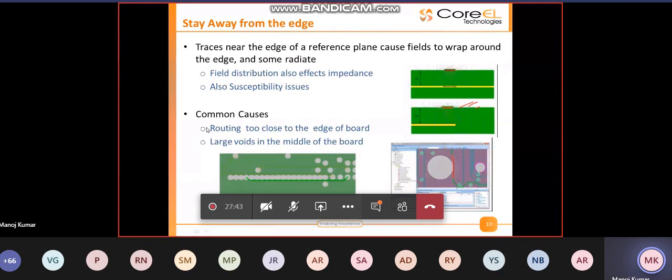Now, a couple of more common causes for routing too close to the edge will be that you might have a larger mechanical hole inside your design, and you will mistakenly route the signal close to mechanical holes, or you would have some situations where you have a larger void taking place due to the placement of a component, which means these are the IC pins, and if you have a larger antipad defined, it will eventually act as a void for your layout.